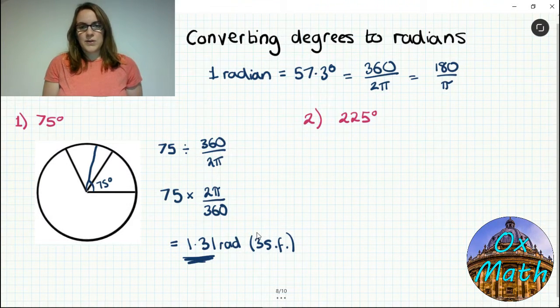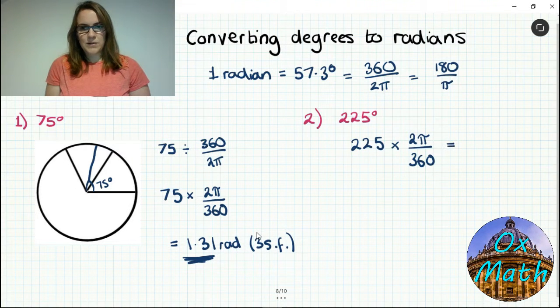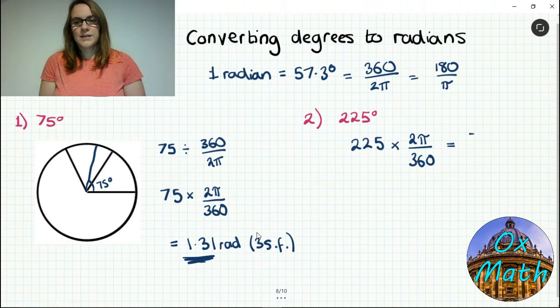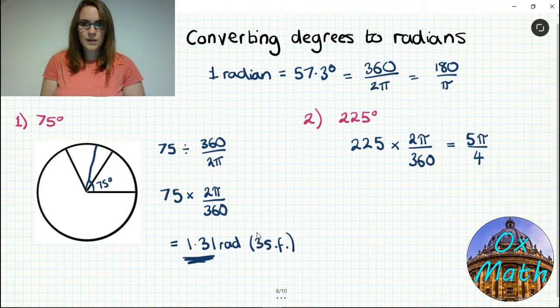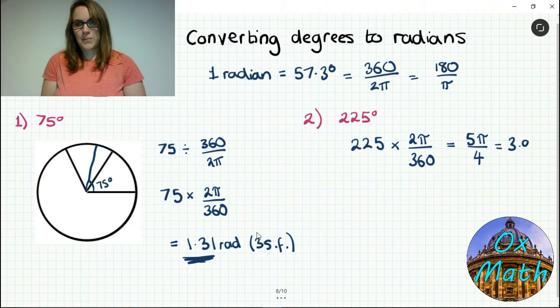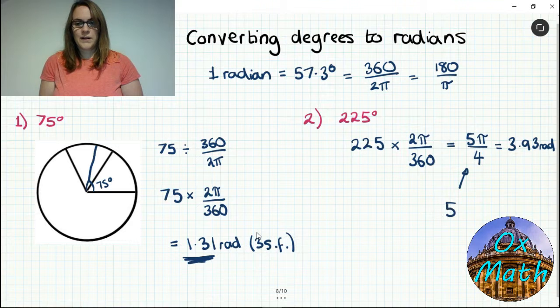So let's have a go at doing 225. So we do the same thing, knowing that this time we can times by 2 pi over 360. And if you type that into your calculator, it might give you the answer 5 pi by 4, if you have a scientific calculator. If not, it will give you the answer 3.93 radians. So in this case, unless told to do otherwise, I would leave my answer as 5 pi by 4. It is more accurate than actually working it out as a decimal and rounding it,